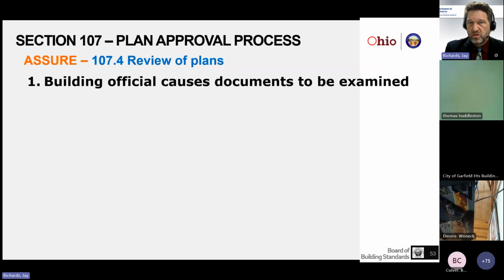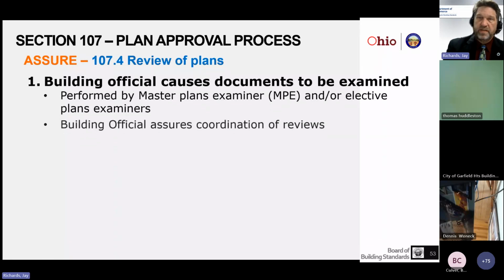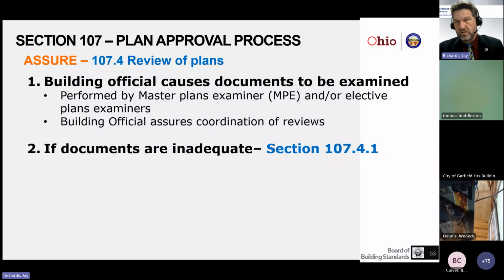The review of the plans. So this is one where the building official causes the documents to be examined. It's possible they hold a master plans examination or one of the plans examination certifications, so they could do some of it, but most departments have plans examiners that are going to do it. The building official causes that plans examination. You can do it either through a master plans examiner or some combination of elective plans examiners, and the building official still has a responsibility to ensure all those reviews are coordinated, particularly if you have a group of